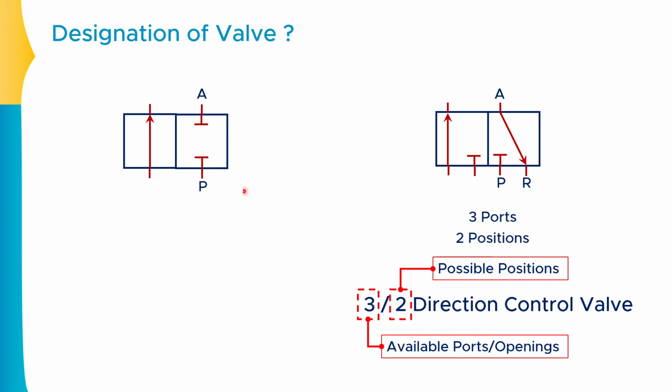Clear? So if I want to write down the name or say designation of the valve which is available over here, I can say that this is the 2/2 direction control valve, or say 2/2 way valve. Clear? Because it is having total 2 ports which should be indicated over here, the port number P and port number A, and there are total 2 positions available. Very first square is here and the second square is here, which will represent 2 positions. So this is how the designation of valves are given.